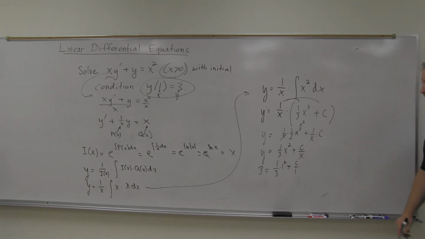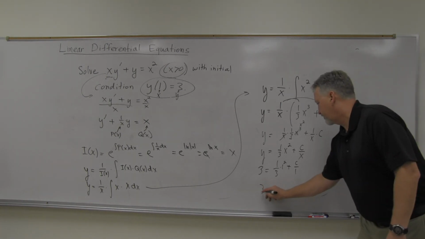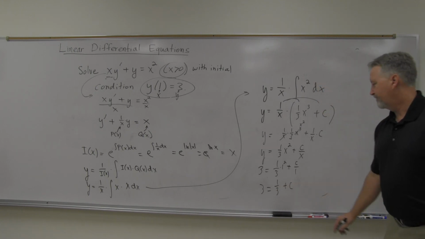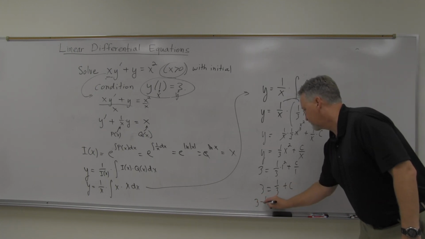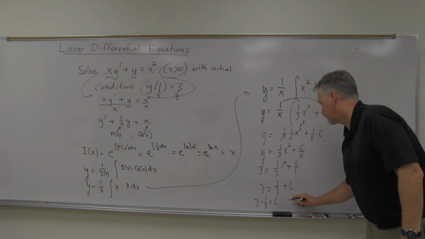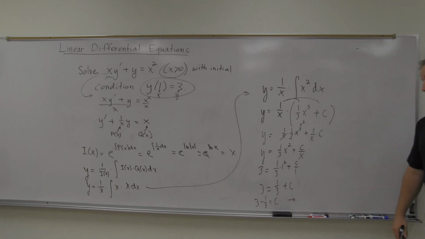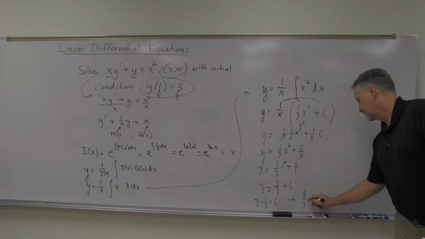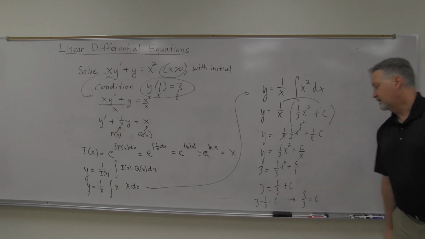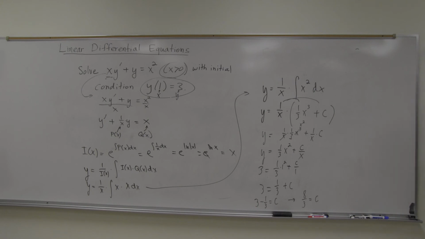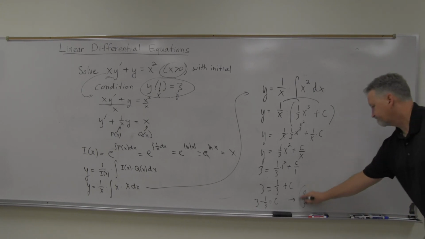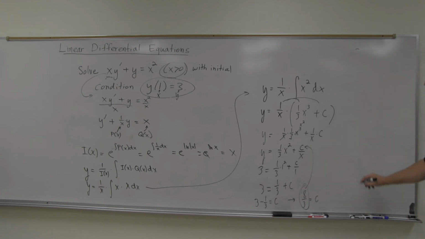So what do we got? 3 equals 1/3 plus c. All right, so 3 minus 1/3 is what c is, and so I think that would mean c is 8/3 or 2 2/3, something like that. 9 over 3 minus 1 over 3. Yeah, and so our c is 8/3, so our solution is y equals 1/3